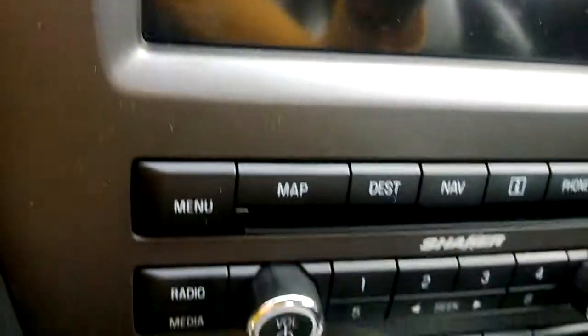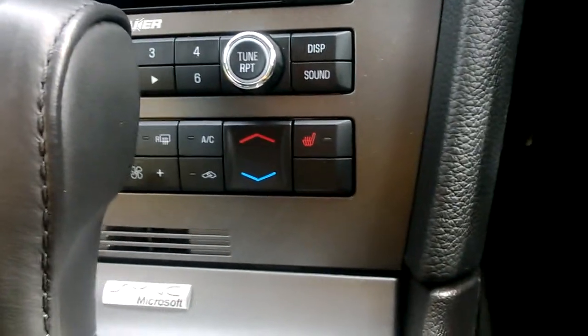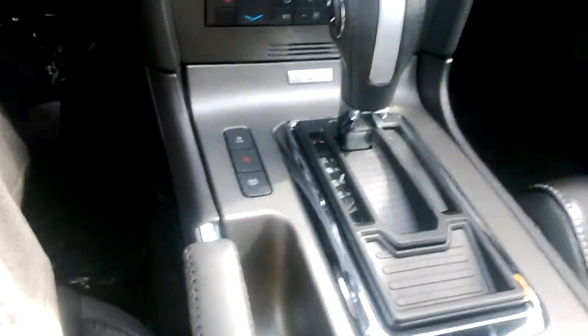Down here, we have dual climate control. I don't know if you can see that all that well. But there are heated seats for both the passenger and the driver. This one, of course, is an automatic. Oh, look at that fine stitching on those seats. So nice. As you can see, back seat,